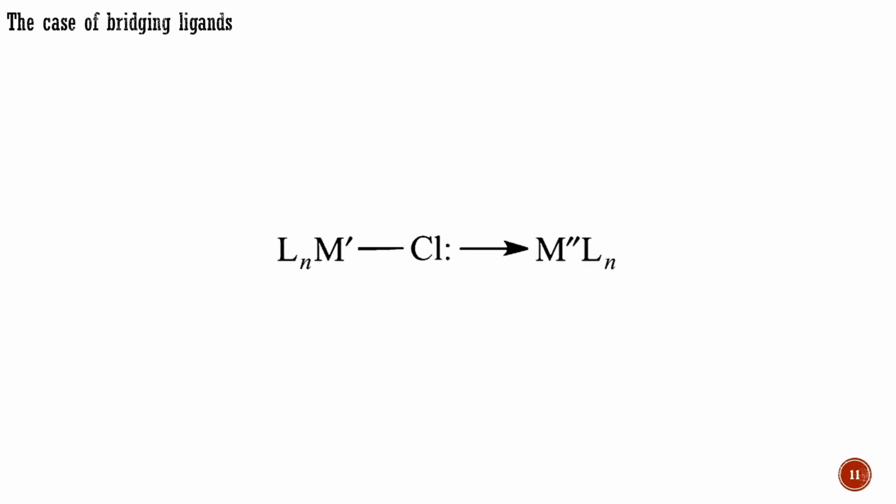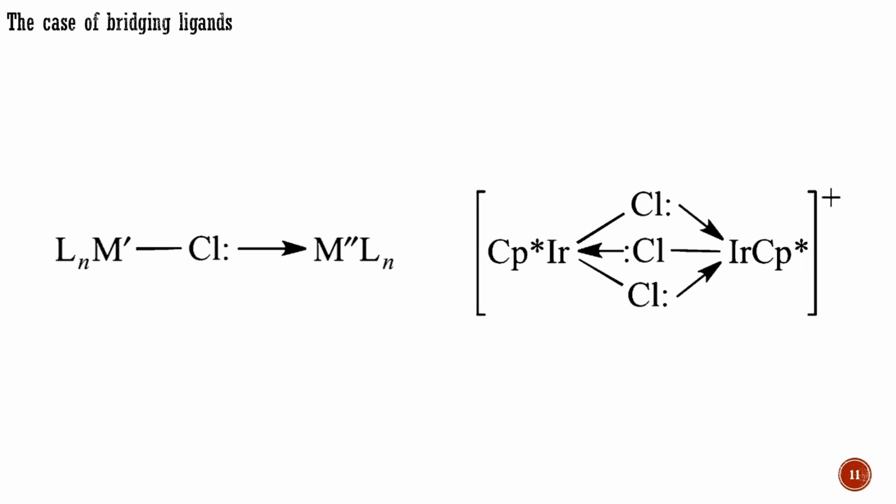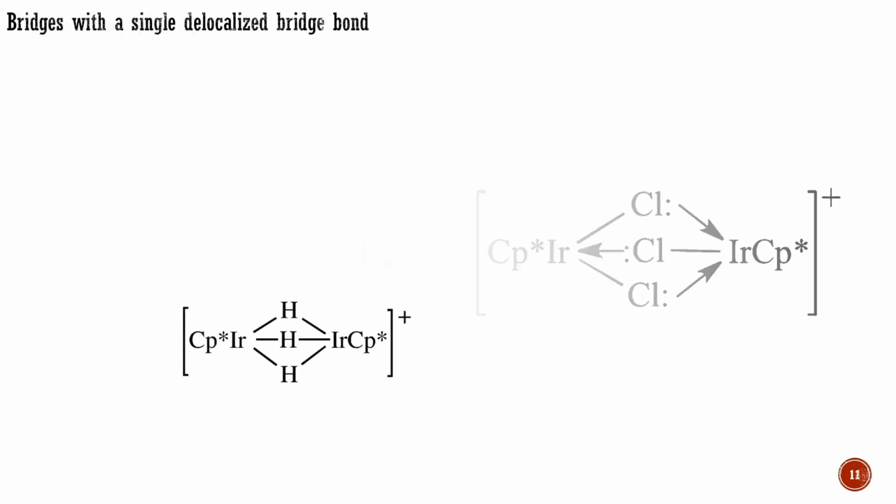In this dimer of iridium, for example, each 14-electron Cp* ligated iridium reaches 18 electrons by counting the bridging chlorides in this way and assigning the +1 ion charge to the right-hand iridium. For a ligand such as chloride with 4 lone pairs, bridging can also occur between 3 or even 4 metals, leading to clusters. For a small class of ligands, such as bridging hydrogen, no lone pairs are present, and the